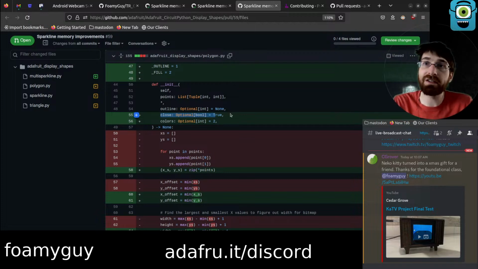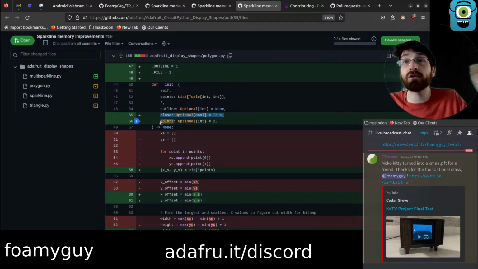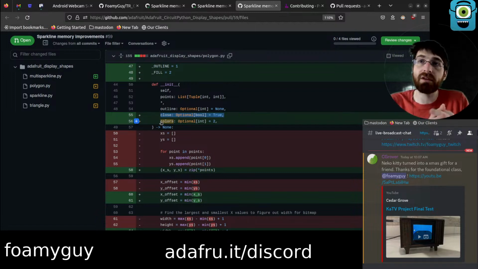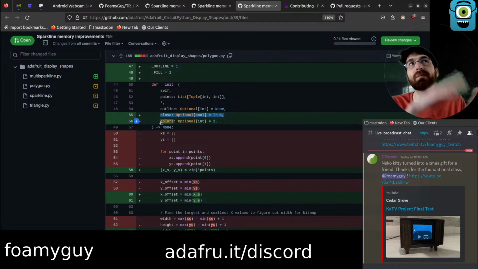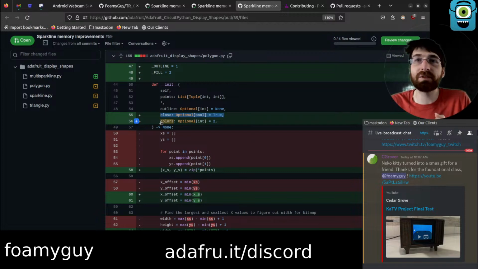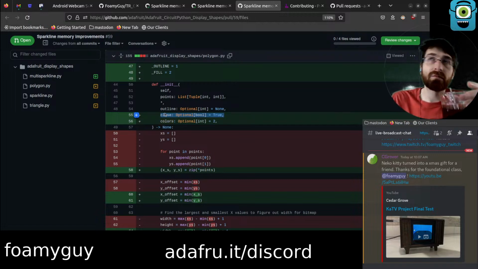Close, my guess, without having actually gotten all the way into it, is this will say true or false to draw that last line or not. So, to close the shape or leave it open from the second to last point to the last point, or maybe even from the last point back to the first point. Actually, that might be it. I lean towards the latter. It's probably from the last point back to the first point, which I guess you could think of as second to last. I don't know who's to say which point's which, but